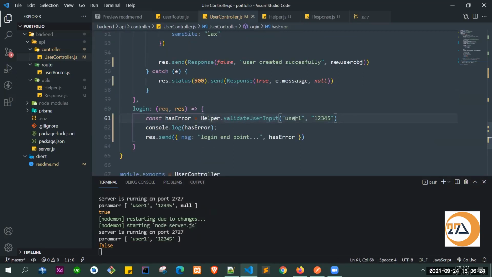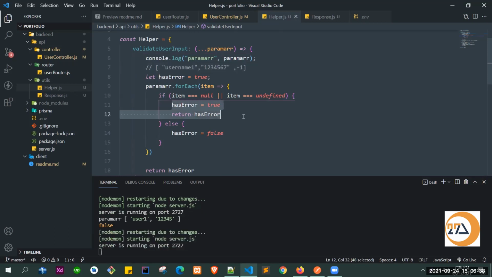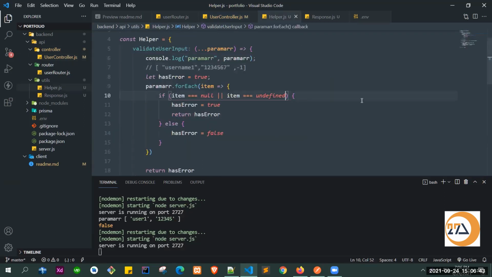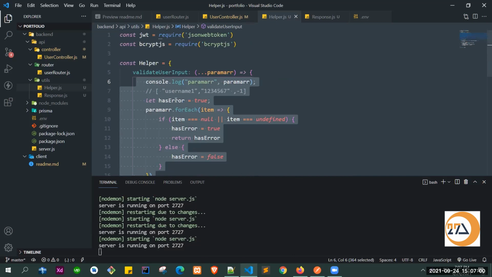Whenever we need to check, in future, let's say you are expecting something from the user and you want that the user should not put any -1 value. If the user puts -1 somewhere, we want to throw an error. So we can increase the condition, like item equal to 0 or equal to -1, and then we can throw the error. You can reuse the function as you like. This will make your life easier. I use this type of function in most of my projects, which is why I was showing it to you.